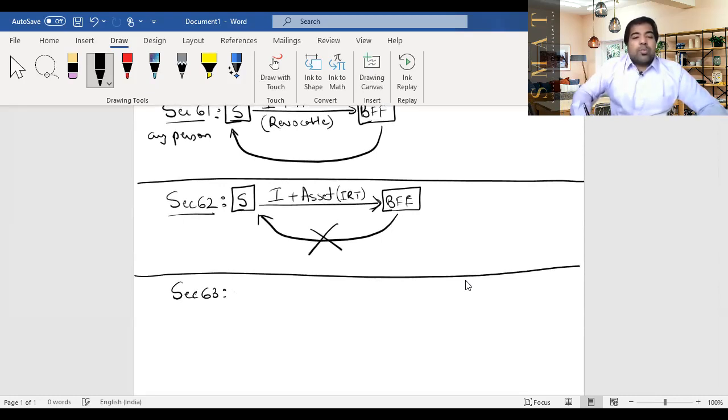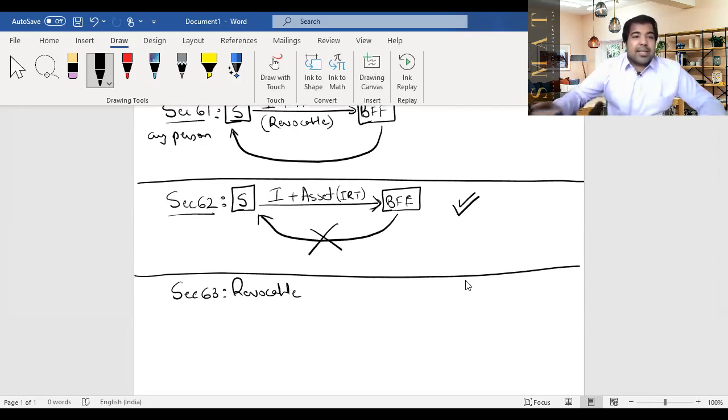What it talks about is what is a revocable transfer. As you already know, a revocable transfer is where you can revoke it, where you can get it back either today or later on, or you can have the right to enjoy the income either now or later on. That's a revocable transfer. But guys, understand, sometimes an irrevocable transfer like this, section 62, can become a revocable one, because